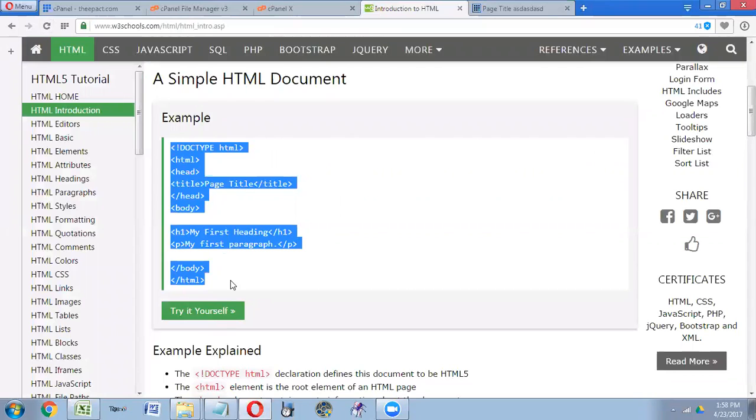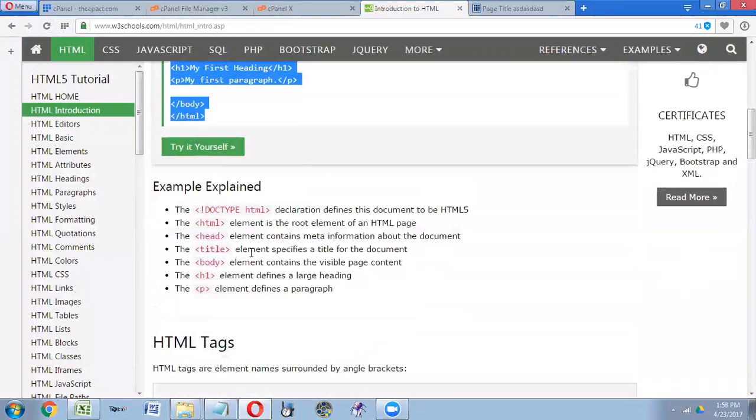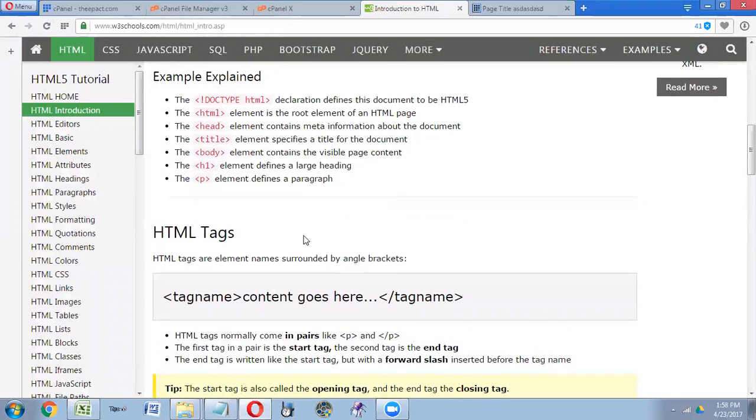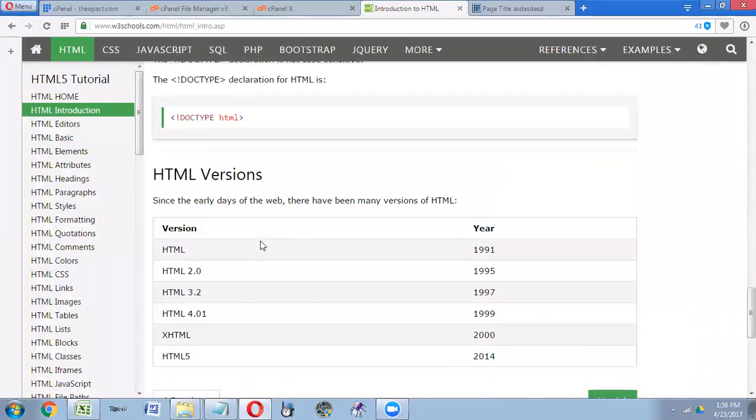You don't have to understand it. Just skim through it and then familiarize yourself a little, and then read a little bit of the explanations. Okay, so here is actually a detailed explanation. And then next,